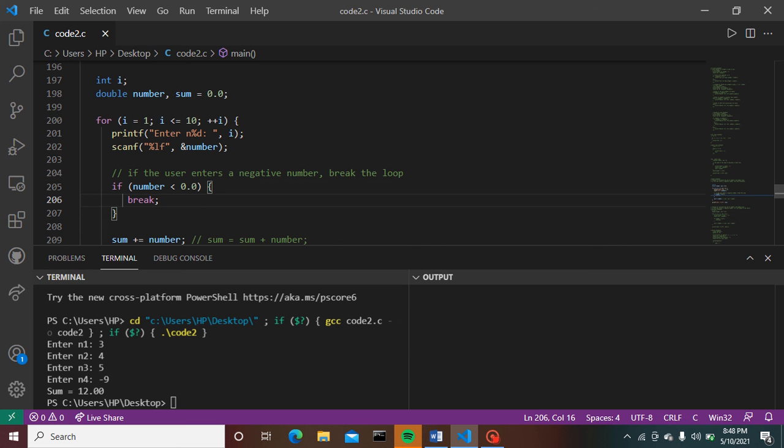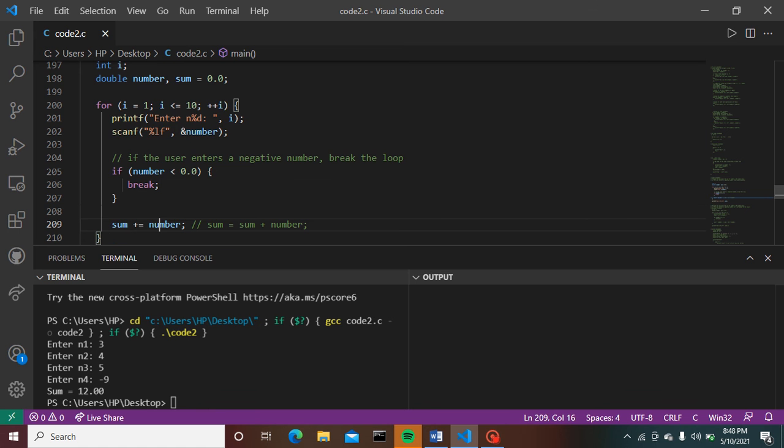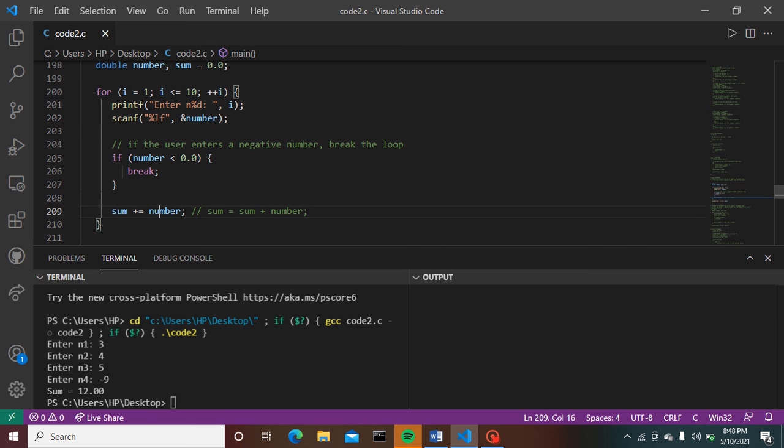Is 3 less than 0.0? No, it is not. It skips the break and sum plus equals number executes. Next it goes for another iteration where i becomes 2.